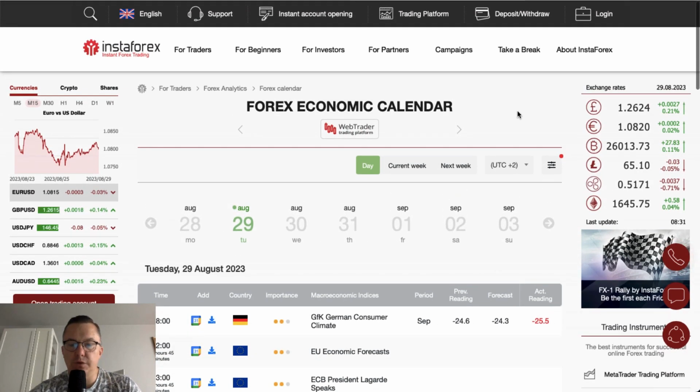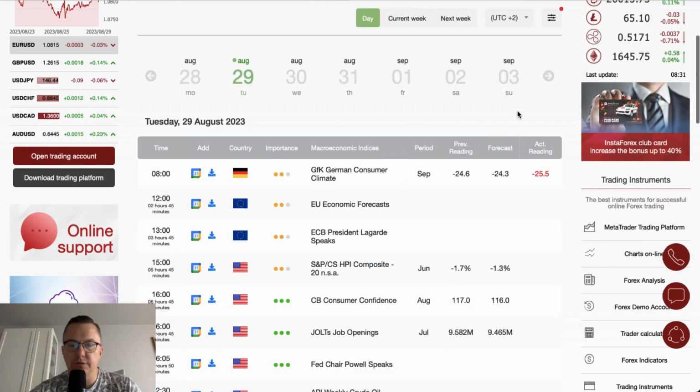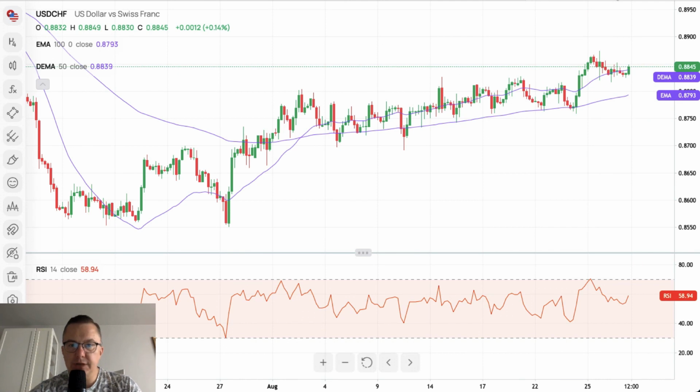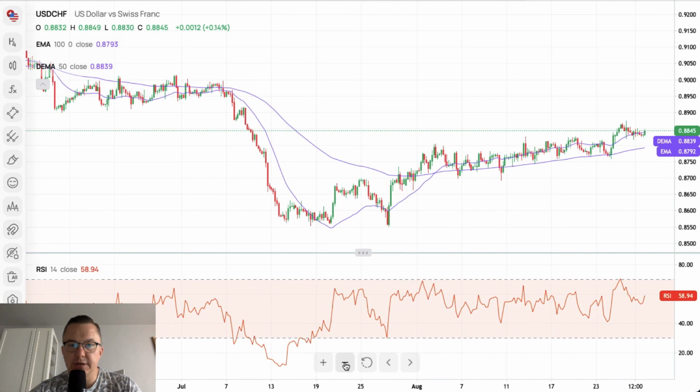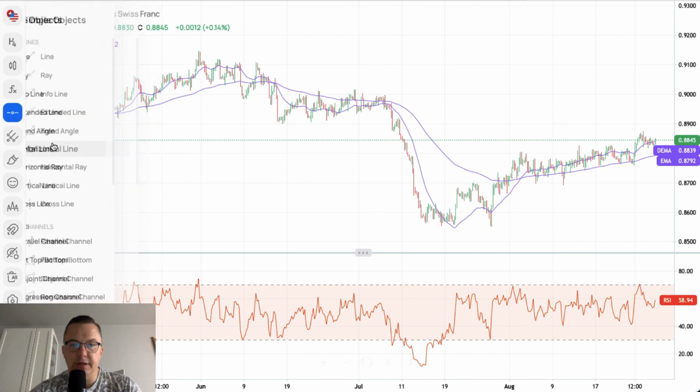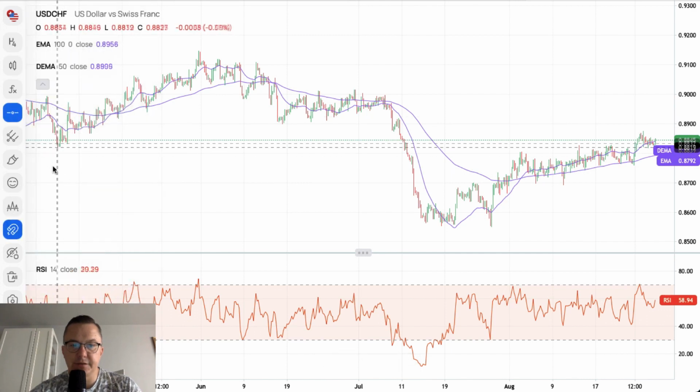Let's find out what is going on charts, and we are going to take a look at the US dollar to the Swiss franc first. Our chart of the US dollar to the Swiss franc is showing us a very nice movement to the upside. If we zoom out, we can clearly see that there is a clear technical resistance. This technical resistance is of course located